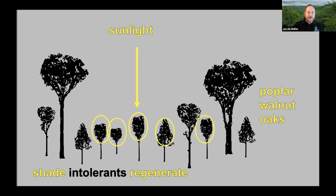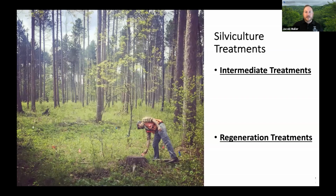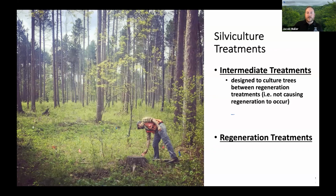But there's so many implications and so many nuances to this process of opening up the canopy and promoting a species. And that's why we have these different silvicultural treatments, these woodland management practices that we prescribe for our management to help us think about which species to promote, which species to try to limit in regenerating and recruiting into the canopy. And so we have these two broad types of treatments for silviculture. We have intermediate treatments and what we call regeneration treatments, regeneration harvests, right? And these are two distinct